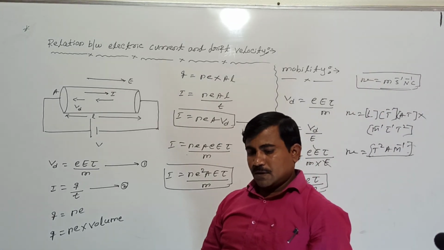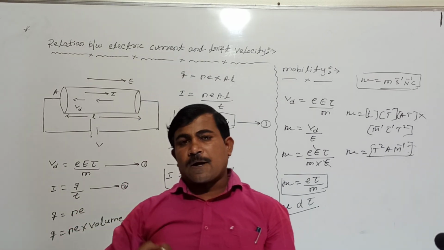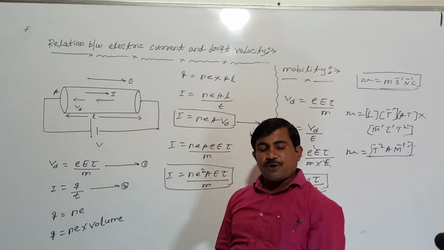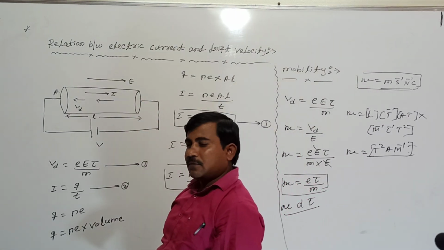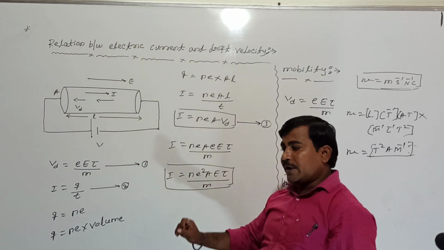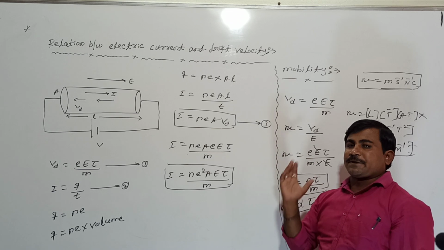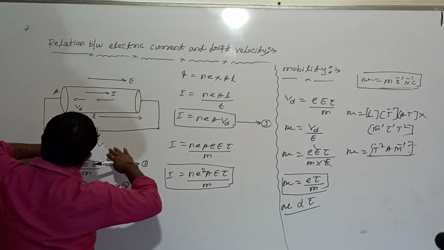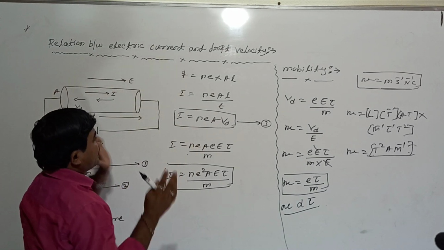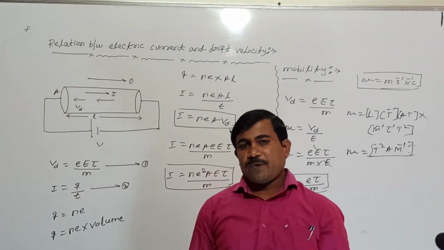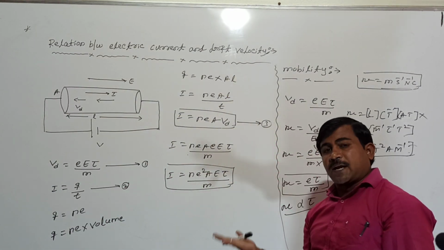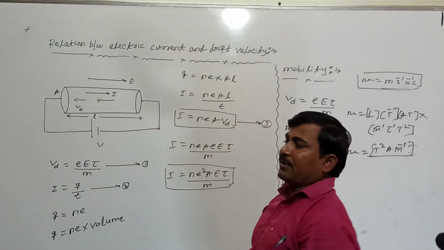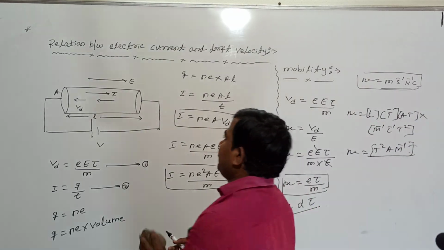After this, students, we should know one more law. The law indicates the relation between the applied potential difference, electric field, and the drift velocity, along with the amount of current flowing in a conductor. Directly, the law which indicates the relation between applied potential difference and amount of current flowing in a conductor, we call Ohm's law. Let us discuss Ohm's law and how to obtain it. Before going to the statement, students, we need to draw some equations regarding Ohm's law.